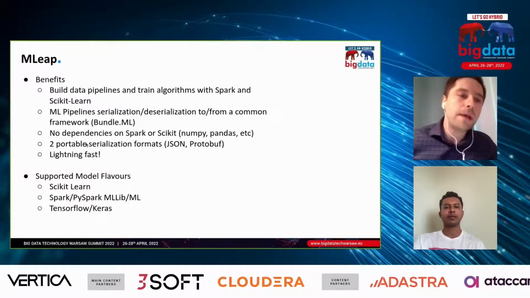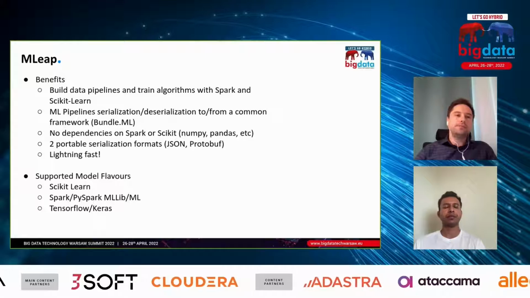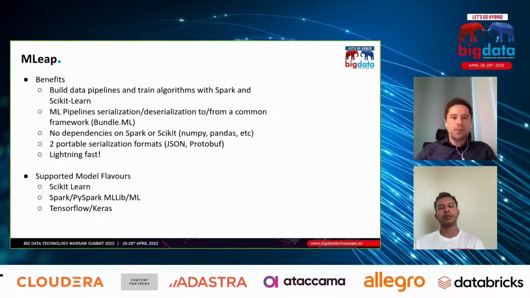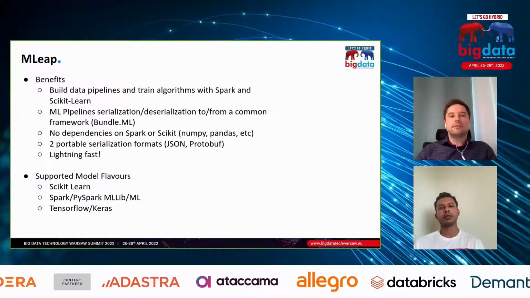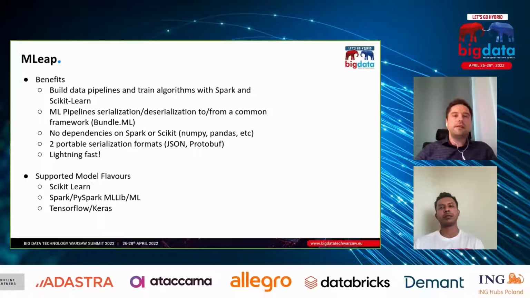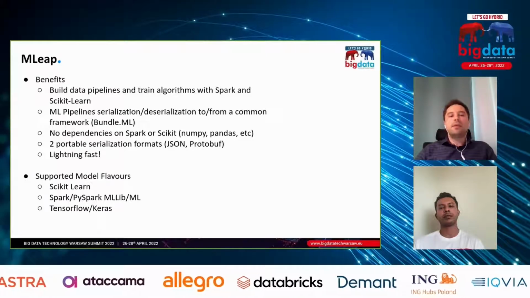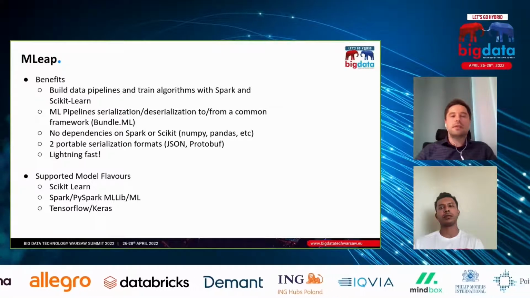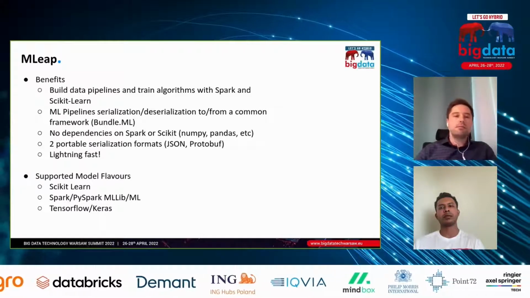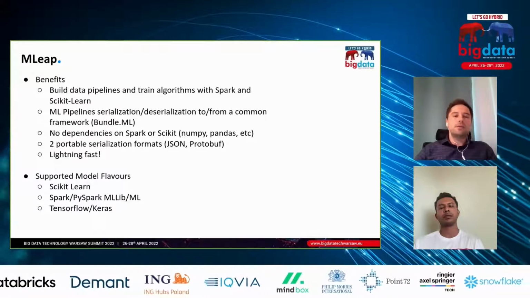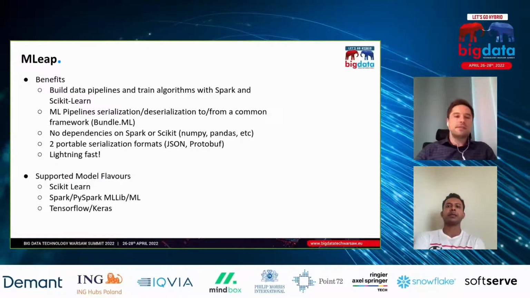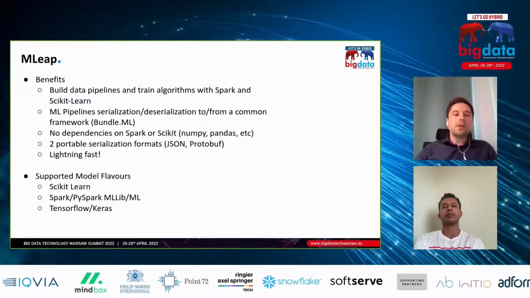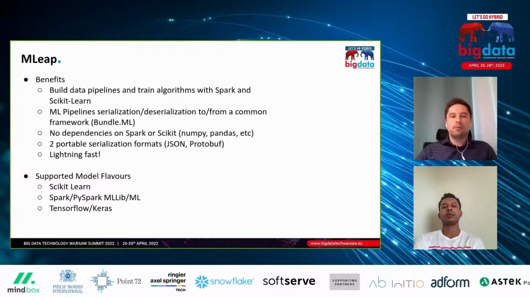So, a few words about MLeap. This is basically an open source Scala library that allows you to serialize models trained in Spark, in scikit-learn or TensorFlow, and save them to file bundles that can be saved in two formats, JSON and protobuf. And it allows you to get rid of dependencies on Spark or scikit Python libraries, and allows you to load these models inside